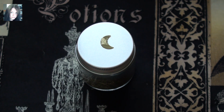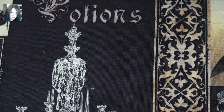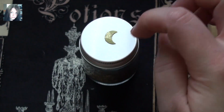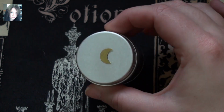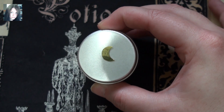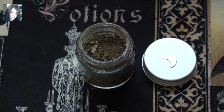And Hedgewitch Powder is first and foremost coming in this cute little jar. I'm going to make a few items available in these little jars. I think I really like them with the little decal, the moon on it, just the same as the moon on the smudges. So this is